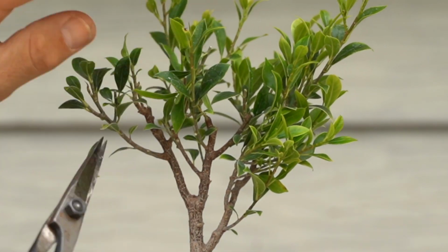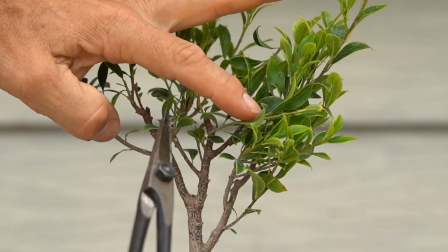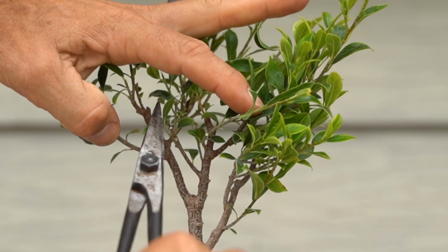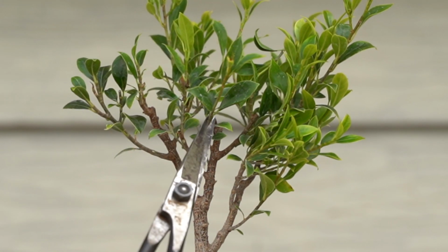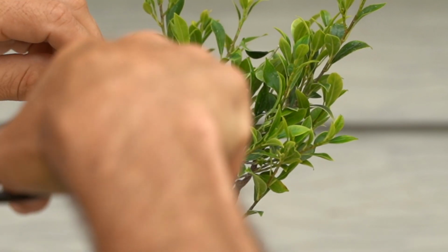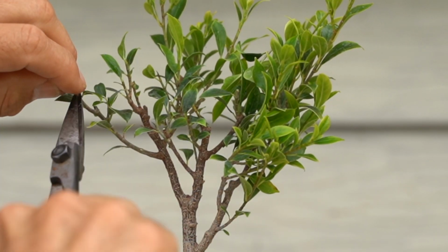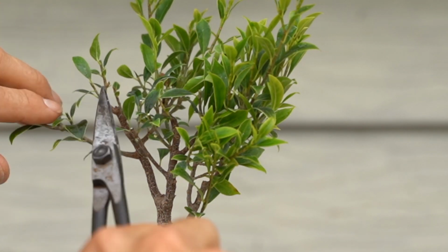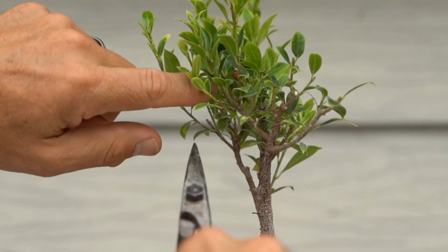There's another one of those leaves that's growing. But there, we have a branch here and here that will become more the main branch. We'll cut this one lower as well. We're going to cut this one lower as well. This one off. And that one lower. And you can see that one I cut second now. And then back in here,